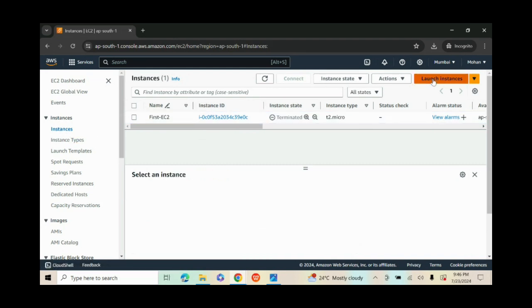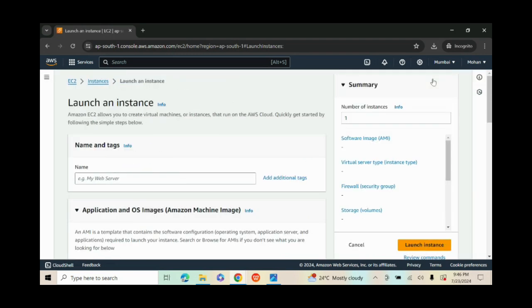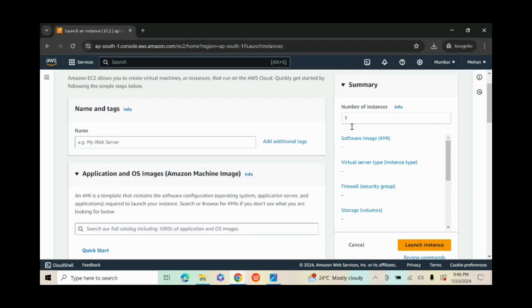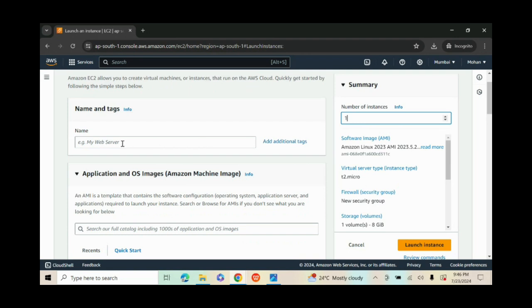Now I'm going to launch an instance by clicking launch instance, and the number of instances will be 1, and I'm going to provide the name of the instance as whatever name we require. So I'm going to provide demo EC2,